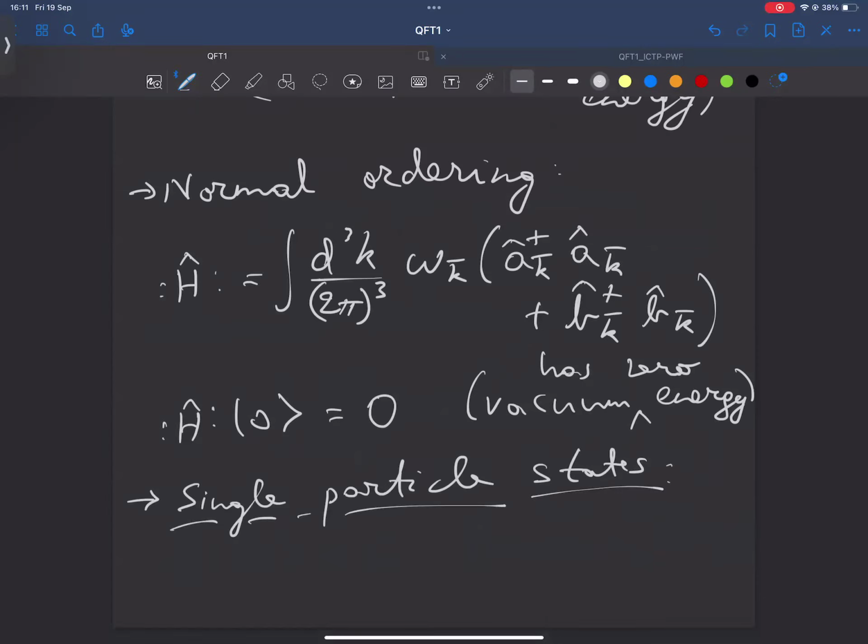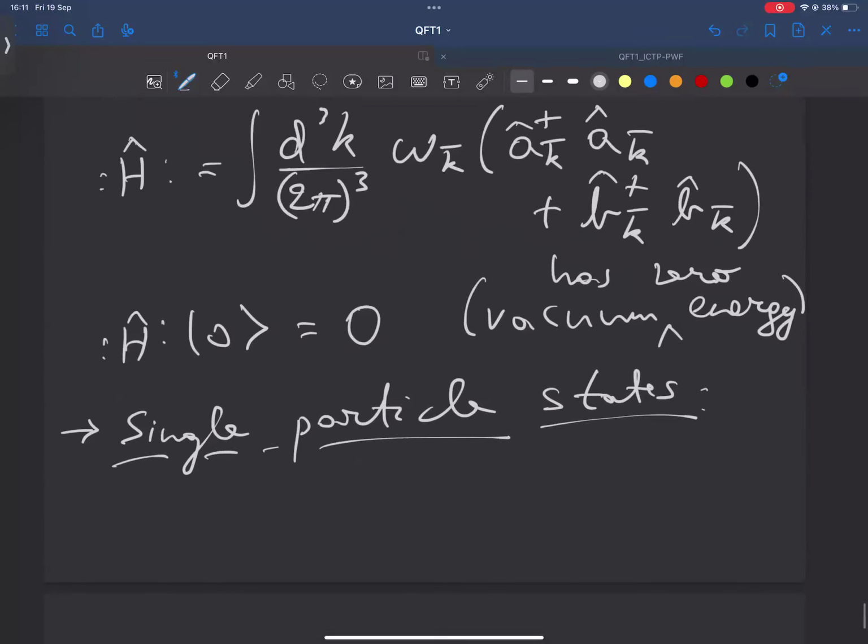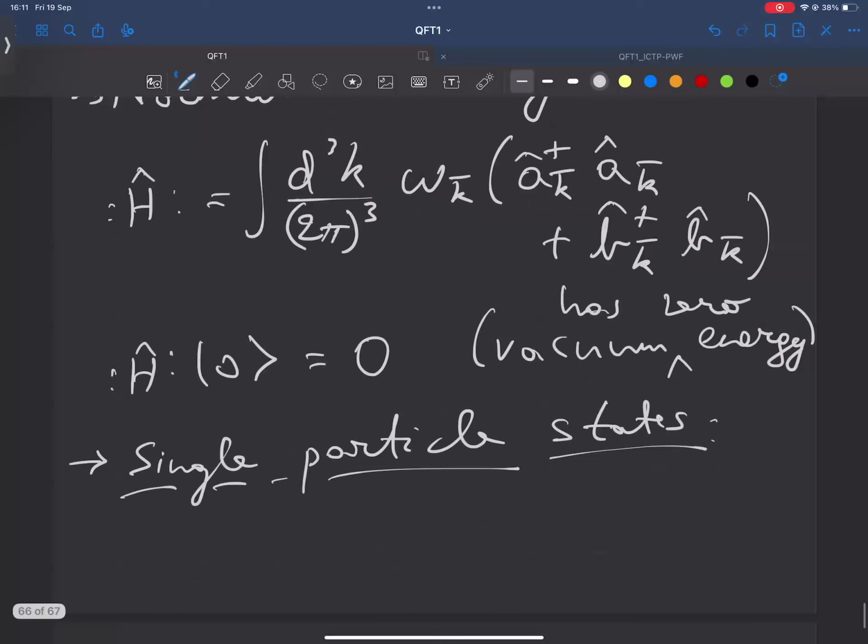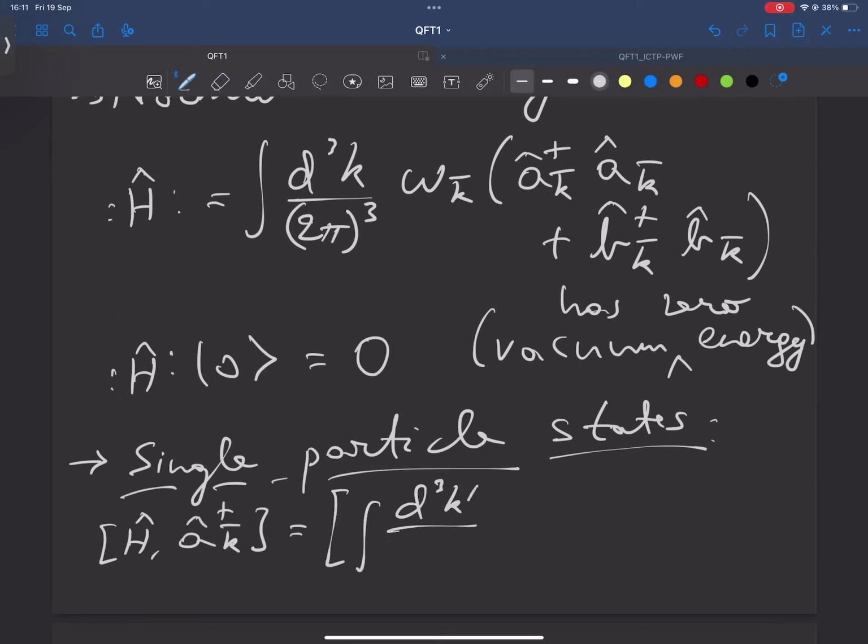Again, this will be analogous to the simple harmonic oscillator you learned in quantum mechanics. So if you compute this normal ordered H and a dagger of K, this is like computing the commutator of this quantity, T3 K prime,